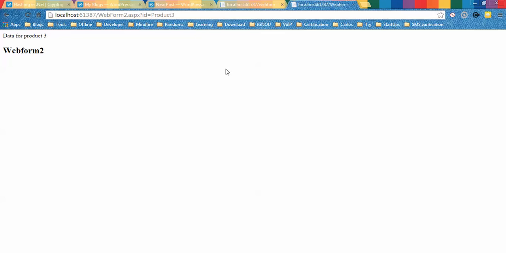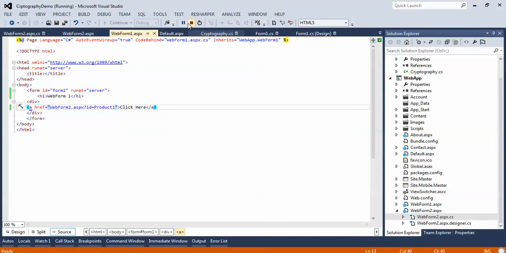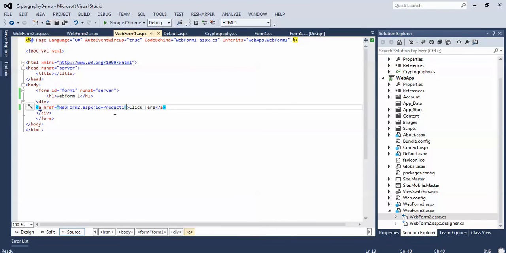Now let's make this query tamper proof. Instead of passing this ID or this query string as static on this page one, I can append a hash, and then the hash will be like